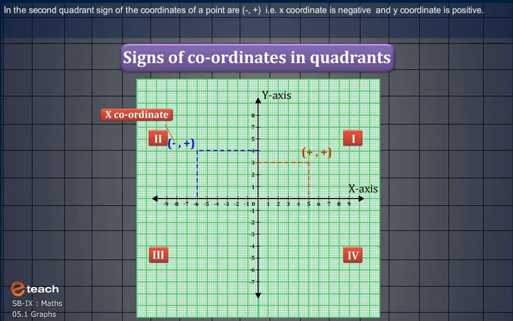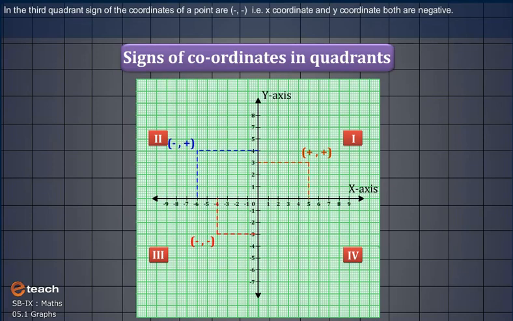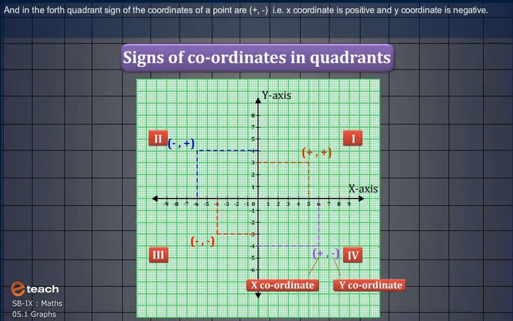That is, the x-coordinate is negative and the y-coordinate is positive. In the third quadrant, signs are minus, minus. That is, both are negative. And in the fourth quadrant, signs are plus, minus. That is, the x-coordinate is positive